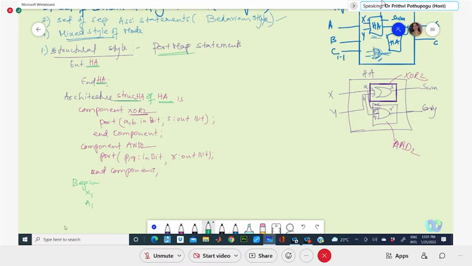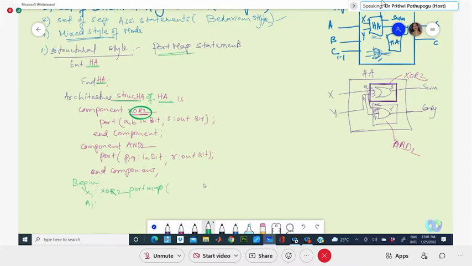Two statements I'm giving because only two components are there, so two port maps I'm taking. This is user defined, just for our identification. Or else directly you can write the port map also. This port map of XOR to this component, the statement is port map, that is the syntax.